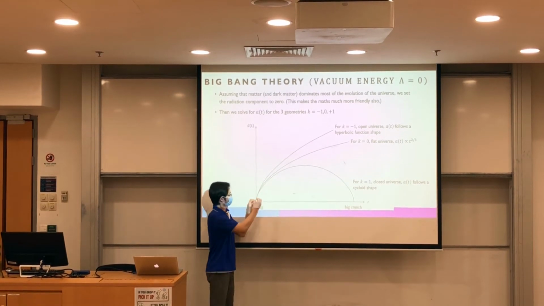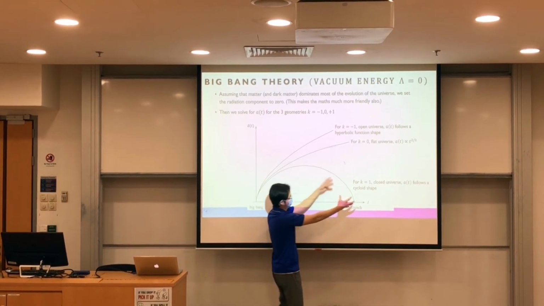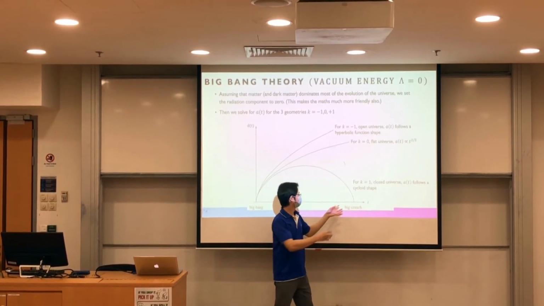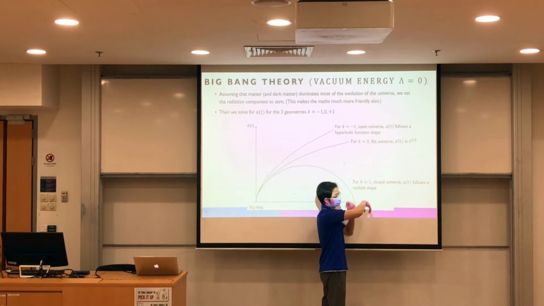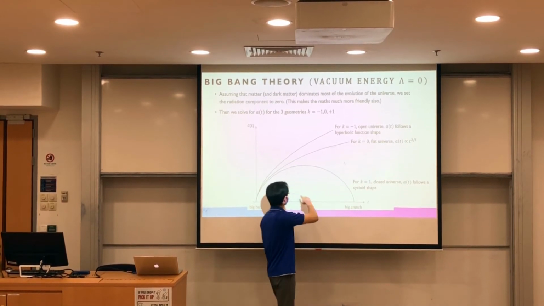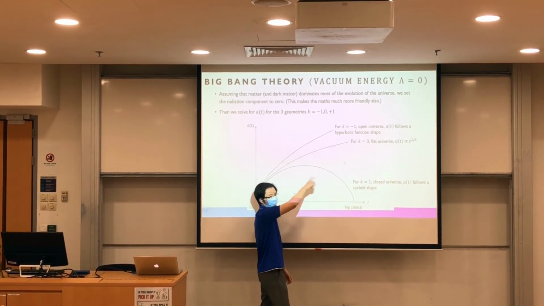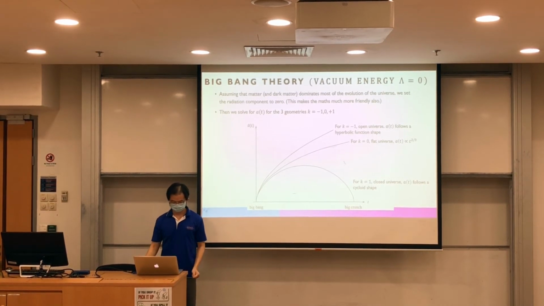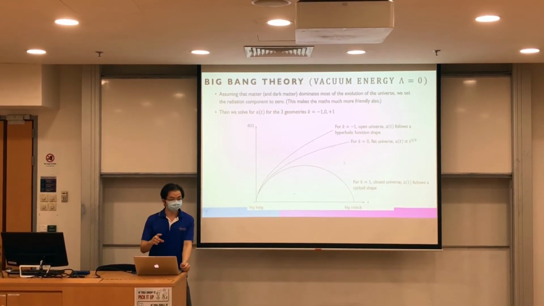That means it bangs and then crunches. In fact, the equations do show that after the crunch, there will be another bang. So it will be like those bumpy graphs. So these are the Big Bang curves